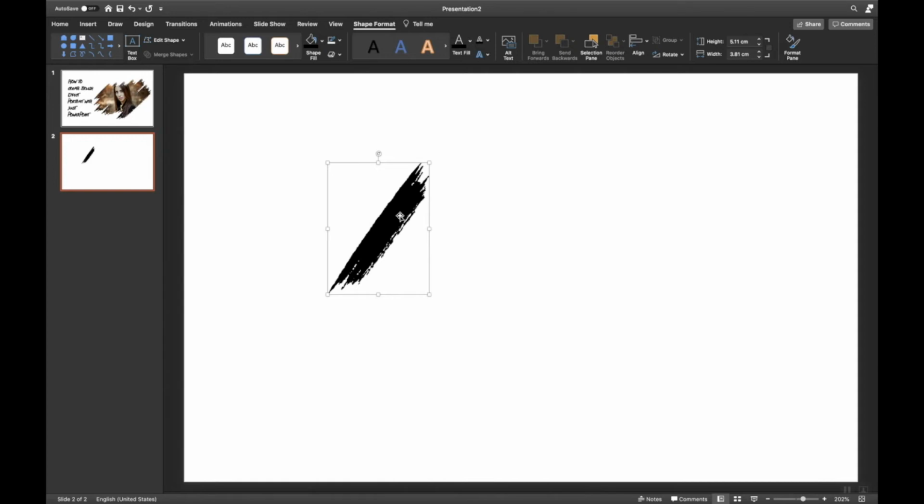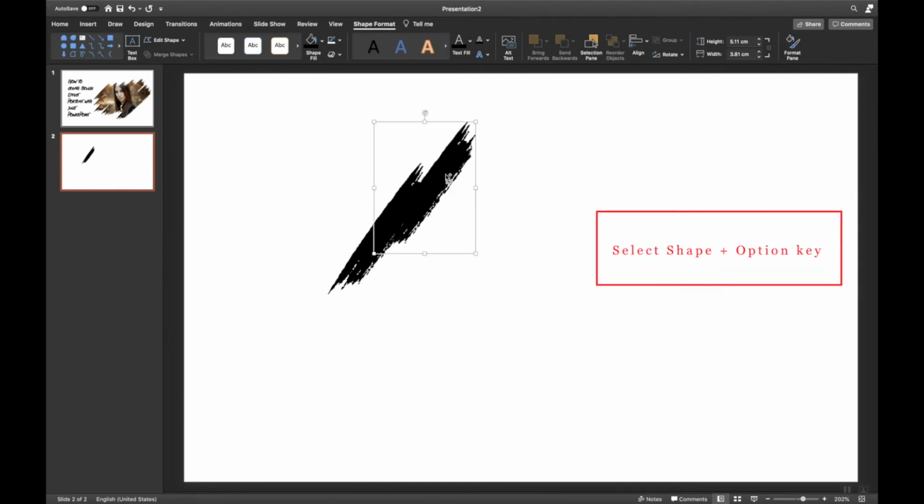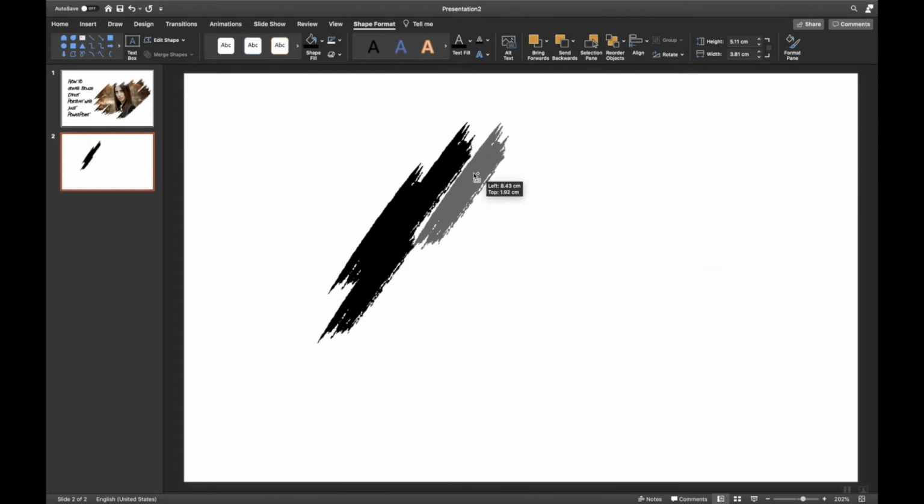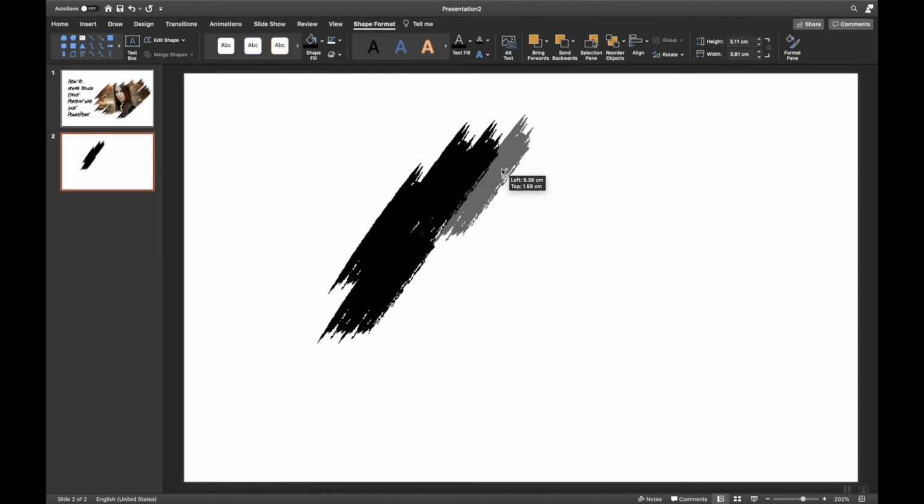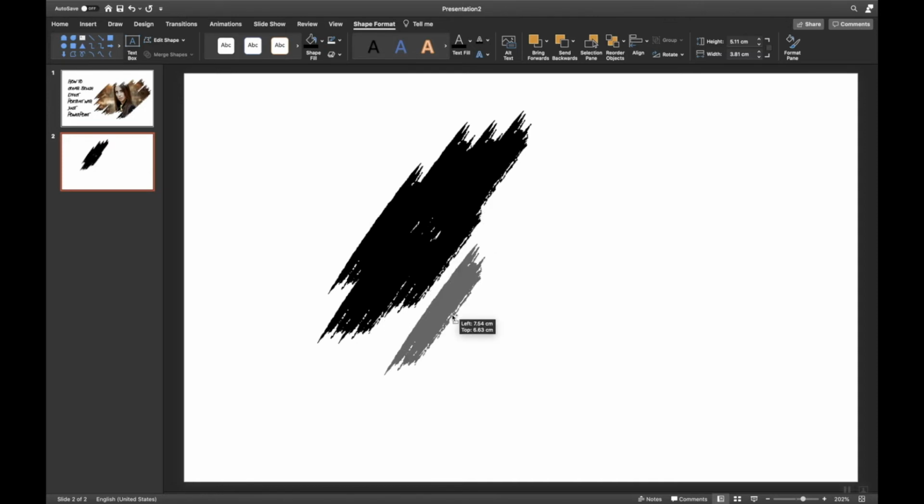Now, if you are a Mac user, just select Option, and it will create a duplicate of the same object. Similarly, based on your convenience, you can create the brush effect multiple times and generate your own brush effect.